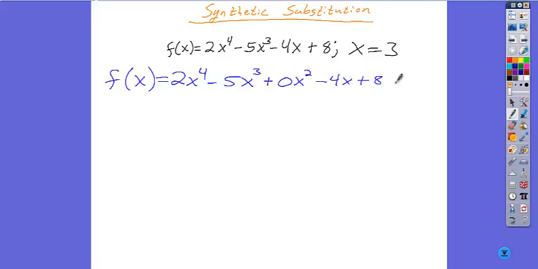Right, because 0 times anything is 0, and does addition by 0 change anything? No. So I'm being sneaky on how I write 0. But I have to have that placeholder for the synthetic process to work. The other rule is that you have to list your polynomial in standard form from the biggest power to